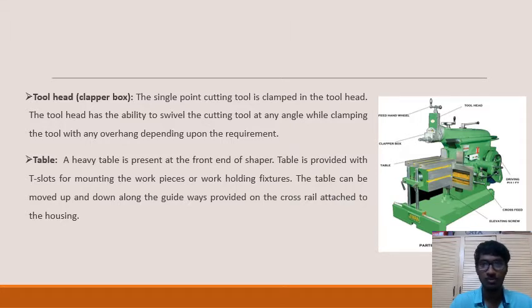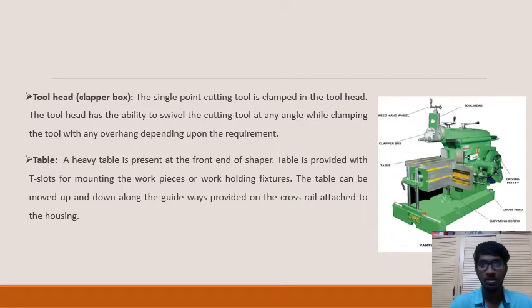Further, the tool should be firmly supported during the forward motion to carry out material removal. During the return stroke, the cutting tool will not do the cutting and hence there will be idle stroke. It is because if the tool is held firmly as in the cutting stroke, then the tool will rub the already machined surface of the workpiece, and also the flank surface of the tool will wear out quickly. To reduce this, the tool is lifted during the return stroke by the help of clapper box.